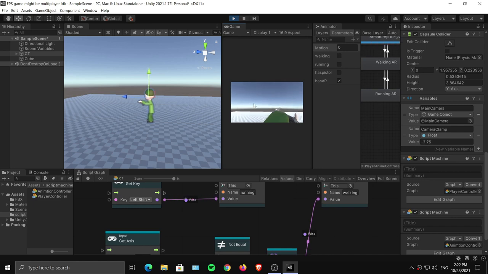As you can see, by the way, I have a pistol in my hand, sorry for that, but it is playing the AR animation because it has AR enabled. If I disable that and just enable has pistol, now it is perfect. Now I will walk. As you can see, it is walking, it's stopping, left, right,